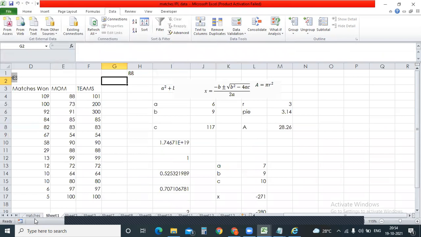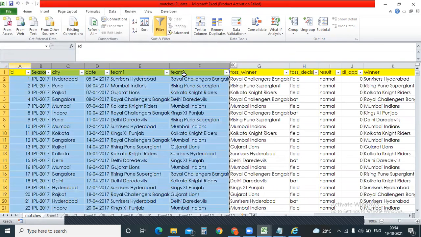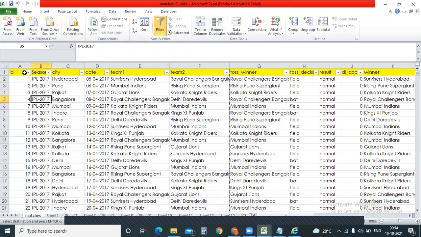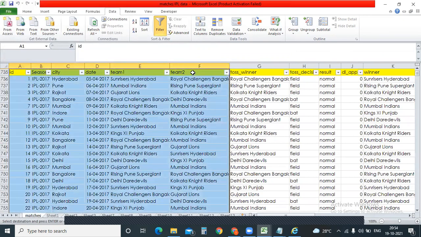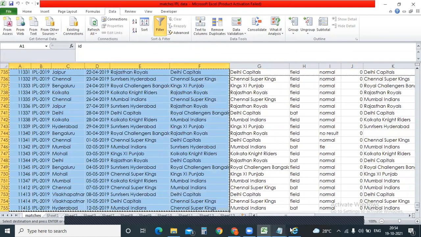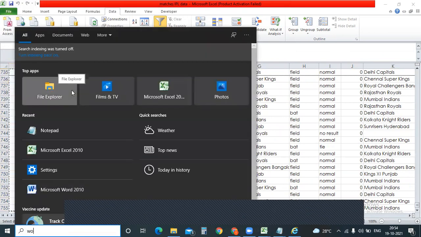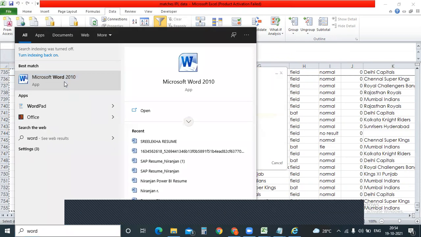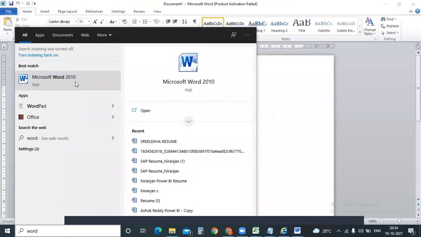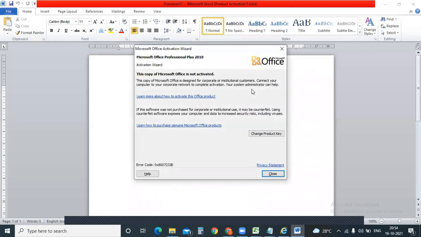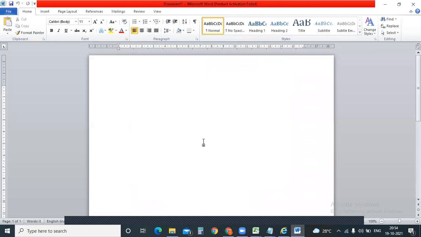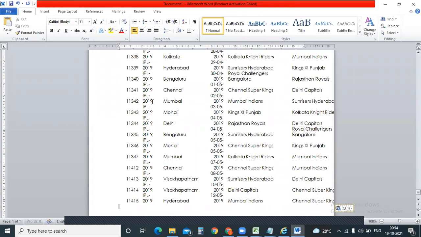I'll show you one example. Suppose you have this data in a Word document. Can you fetch that Word document? So we have this data here. It's loading. Okay, the data has loaded.